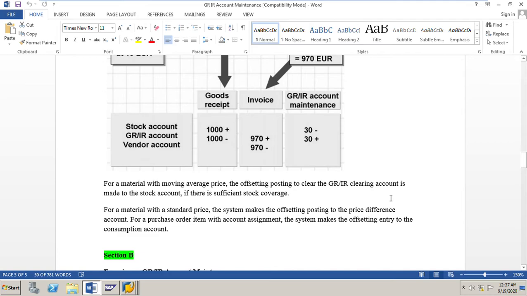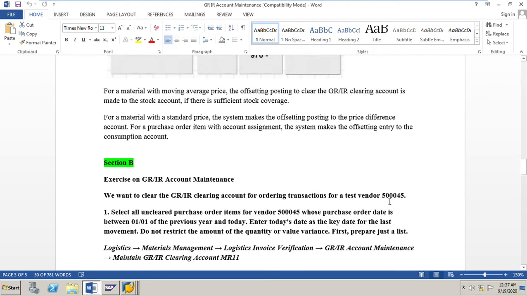In the next video, we will do one exercise on GRIR account maintenance, and we will bring up a list of the unclear purchase order items for which there are differences between GR and IR for a particular vendor, and we will select one PO and manually clear the GRIR clearing account for that particular vendor for the selected PO.